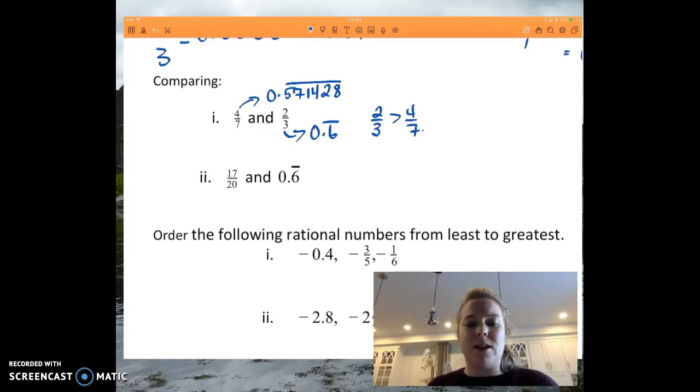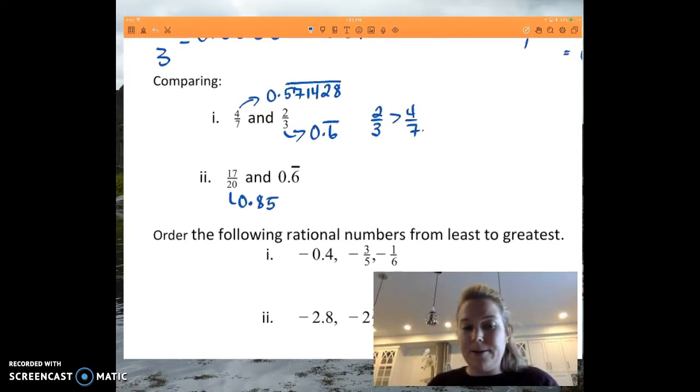So I've already got one of them in decimal form. Great, that makes my life so much easier. 17 over 20, if I multiply 20 by 5, I'll get 100. So if I multiply 17 by 5, I'll get 85. So 17 over 20 is 0.85. I just converted that into a fraction over 100, which is the same as having a decimal to the hundredths